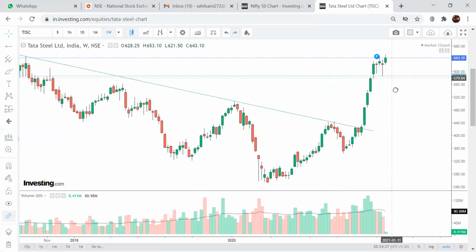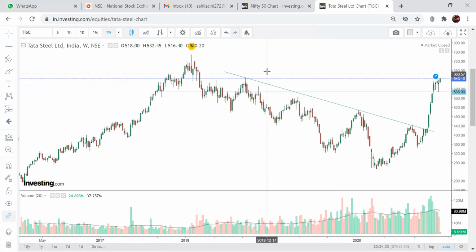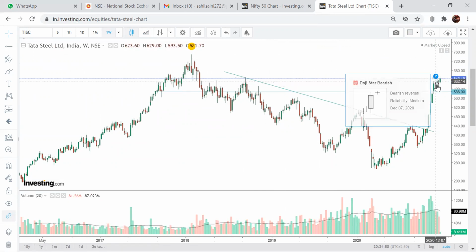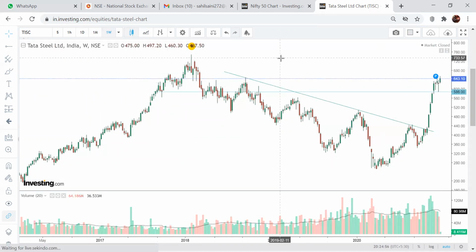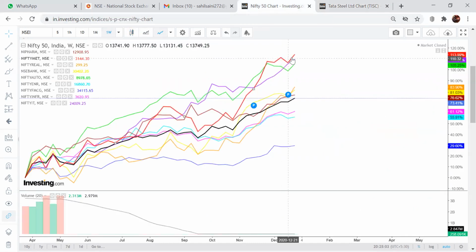So Nifty Metal can see a good move. I think it can make a new all-time high because of this rejection and then the continuation of bullishness is really good. This was a kind of doji it made, but then this reversal and this continuation candle is really good. So the future is really shining for Tata Steel and other metal stocks. There are chances for a more upside move.